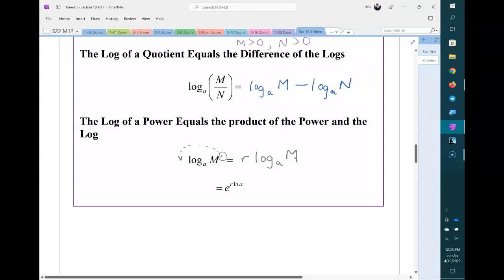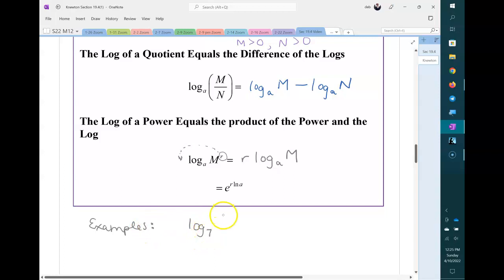The a is still a subscript, smaller font below the line. But the r can come out in front as a multiplier as long as it's an exponent on the entire argument. So here are some examples